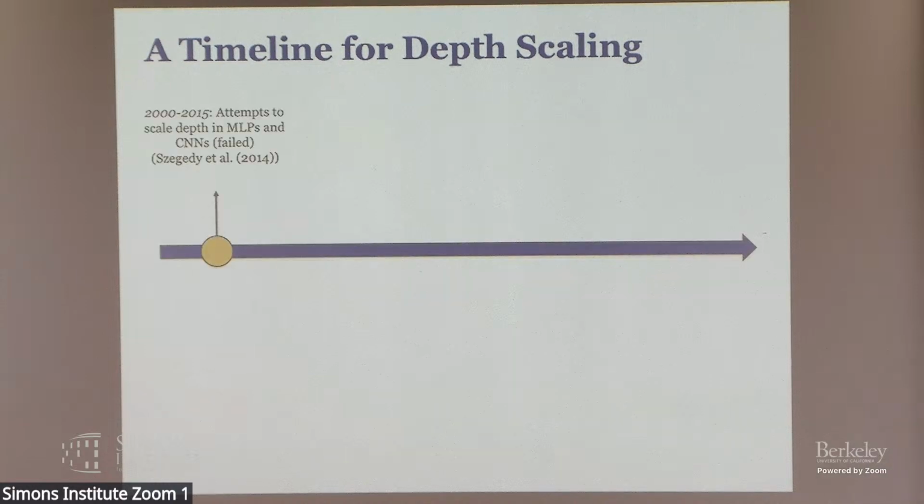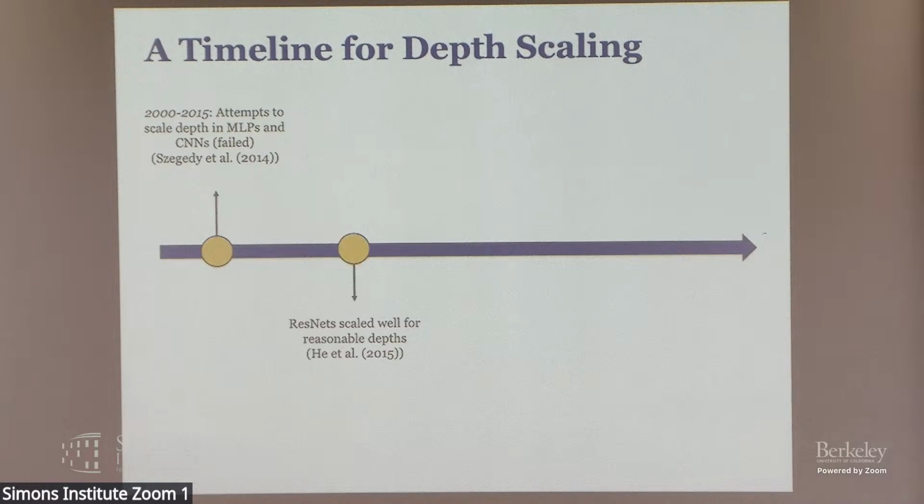So I think the first attempts to scale depth, so increase the number of layers in a deep neural network, really with significantly large neural networks, were with MLPs and convolutional neural networks, which mostly failed. The reason behind this was that as you increase the depth of these models, you have the problems of gradient exploding as you do the backpropagation, gradient vanishing, or issues with signal propagation. So as you increase the depth, the information seems to fade away, to be lost as it propagates through the network.